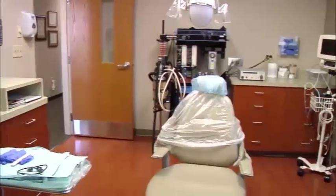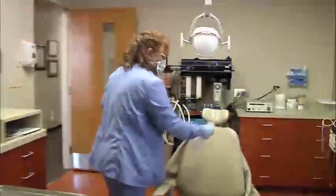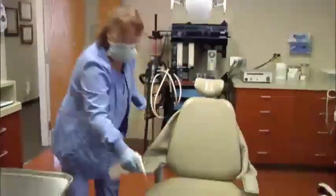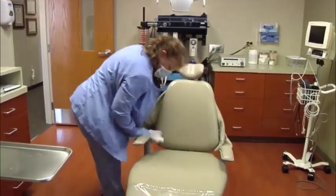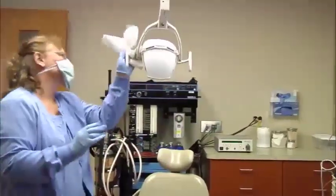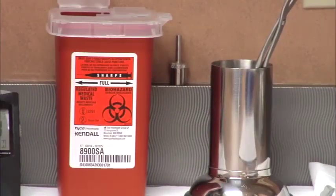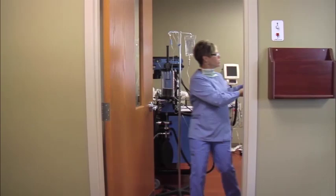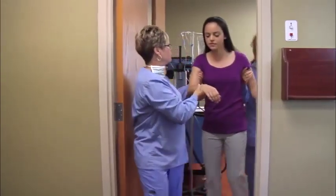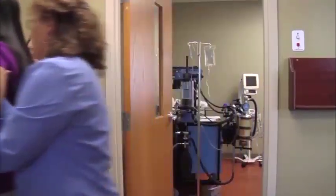The operating area must be large enough to accommodate an operating table or appropriate dental chair, the necessary surgical and anesthesia equipment, and still permit the anesthesia team to move freely about the patient, especially during the management of emergencies. The walls, floors, and working surfaces should be designed to permit easy identification and cleaning of contaminants. A width of no less than 36 inches in all entry doors and doors to treatment rooms is recommended. This provides easy access for emergency equipment and facilitates the movement of patients to and from the operating room in